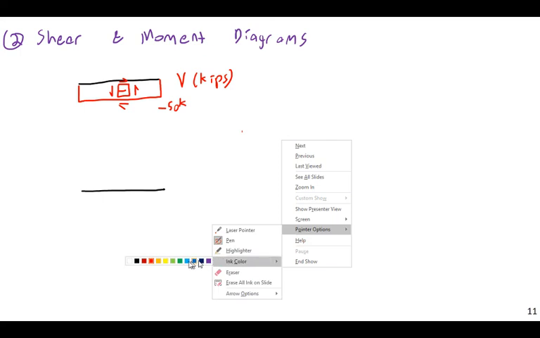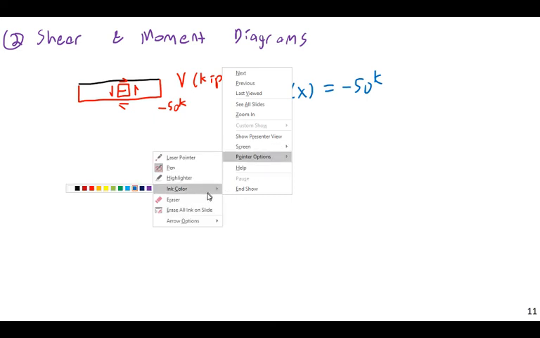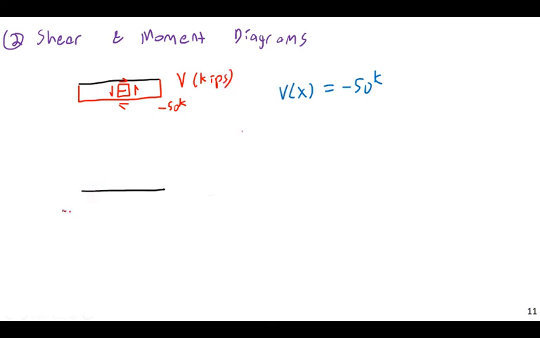So then, V as a function of x is simply negative 50 kips. It is a constant along the length of the beam. Then from this I can get the moment diagram. Well, this beam